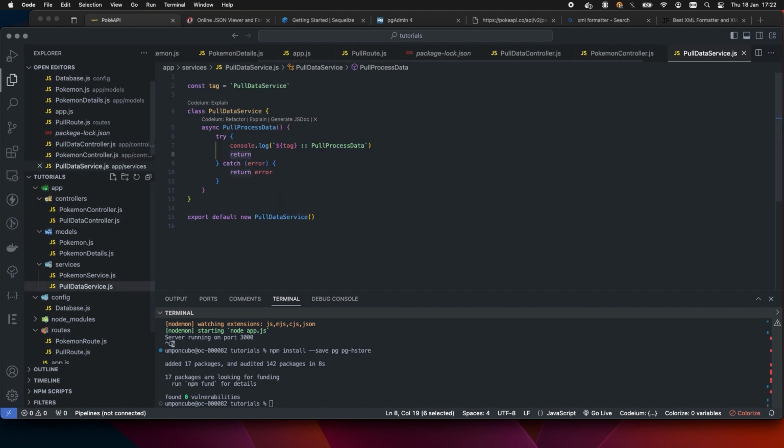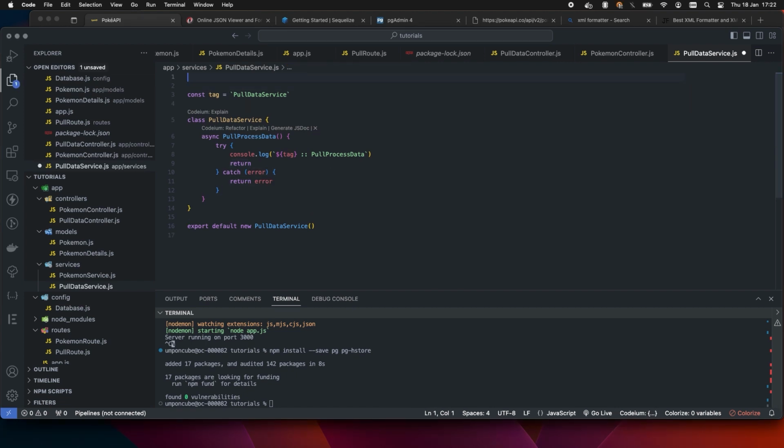If we come to the pull data service, this is where we still need to do a bit of work. To begin with, remember that we need to pull the data using Axios. We also need to put it in the DB. So we will need to bring our models in so that we can put data in the DB. We also need to call Axios so that we are able to make that request to get the data. So if we import